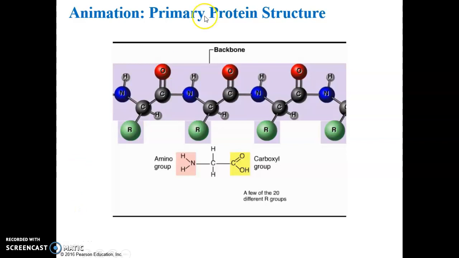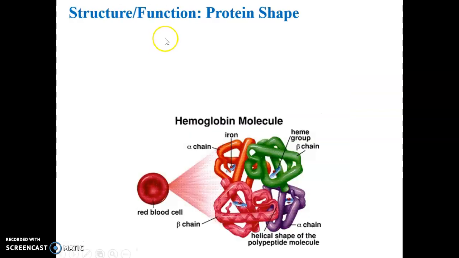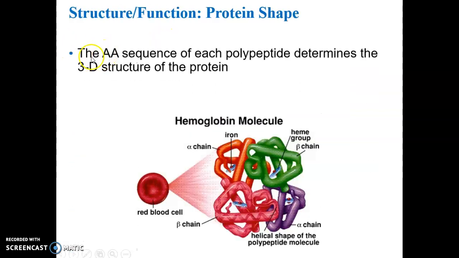And just to review that last bit, the primary protein structure is the unique amino acid sequence, or chain, if you will, of any particular protein. As it's being made, initially it's a polypeptide. Okay? So the primary amino acid sequence of a polypeptide will determine ultimately its three-dimensional structure,